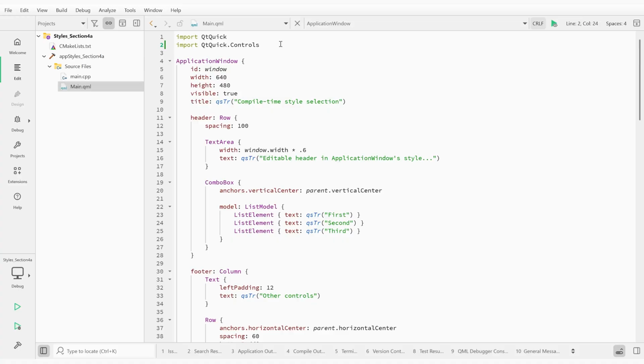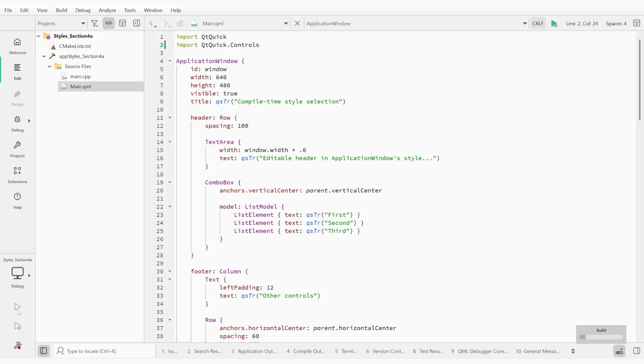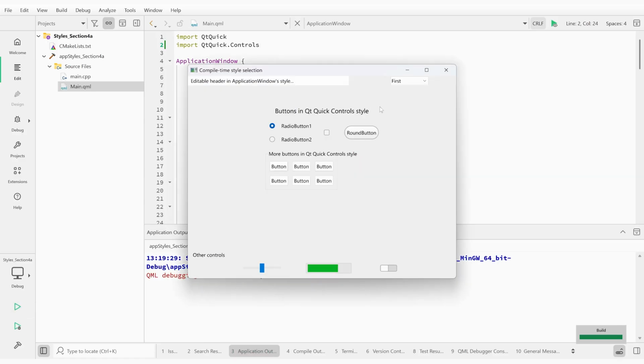In this video, we will demonstrate how to select a Qt Quick Control style at compile time. All examples in this course are built in Qt Creator 17 using a Qt 6.9.1 MinGW 64-bit kit. To start, we have a Qt Quick application that consists of a variety of components from the Qt Quick Controls